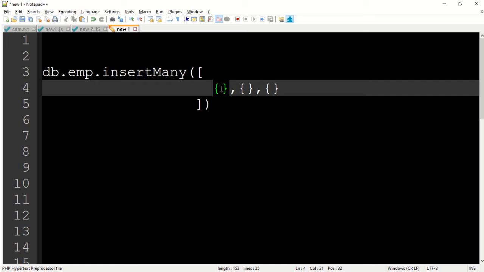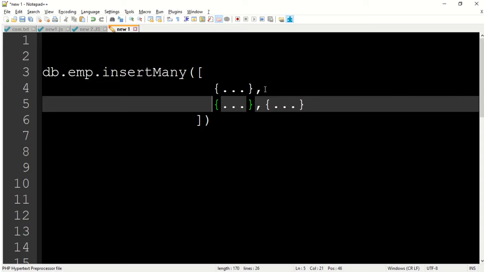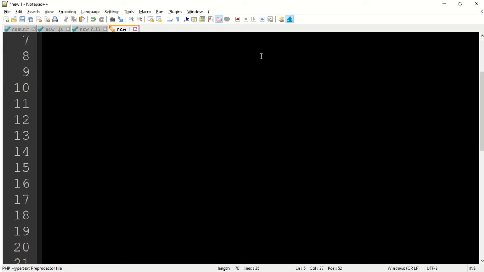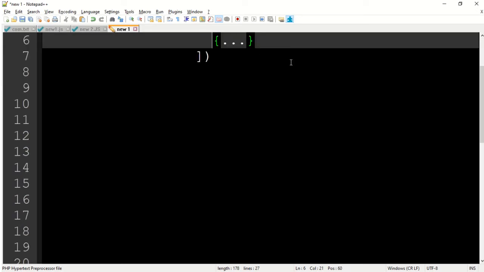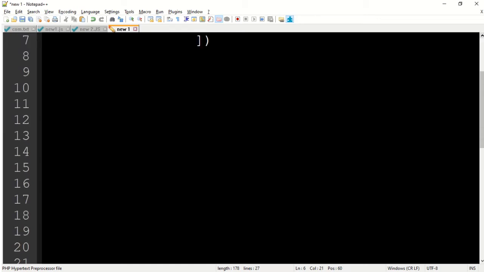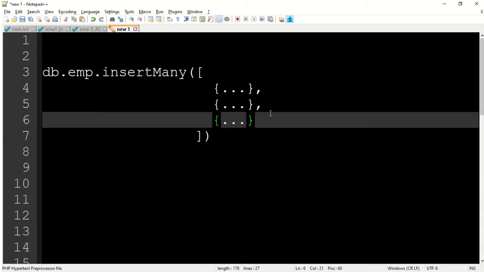This is our first JSON document, this is our second JSON document, this is the third JSON document, and so on. This again further I can break it, first, second, and third. Okay, this way.